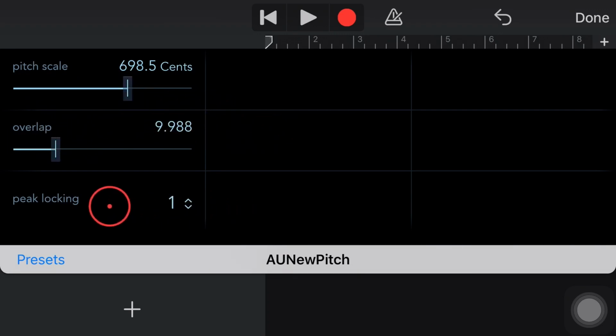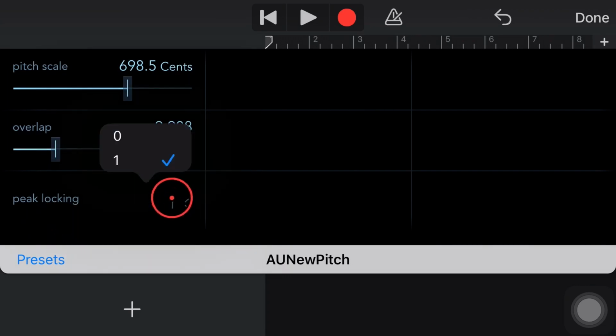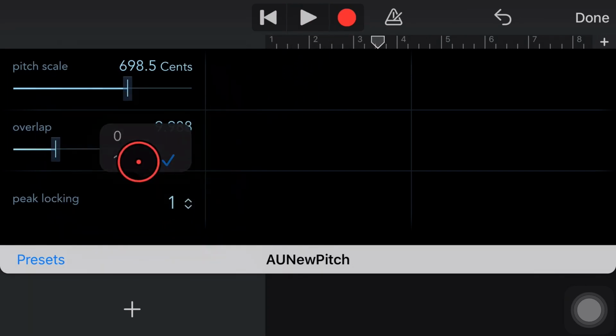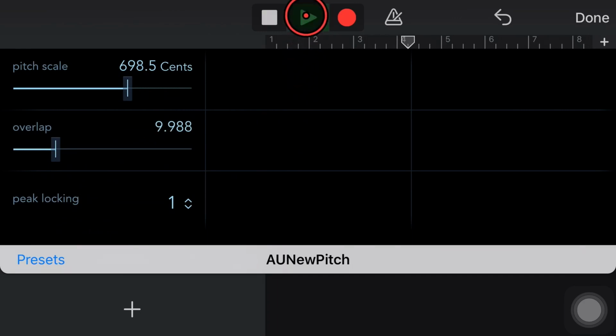And finally, I'm going to be super honest, peak locking, I cannot find any documentation on, and I really don't know what it does. But when you tap on it, you can change it from 0 to 1, and it does impact the sound. So with it on 0 here, it sounds like that. If we change it back to 1, it sounds slightly different. So just play with that, and whichever one sounds the best is the one to go